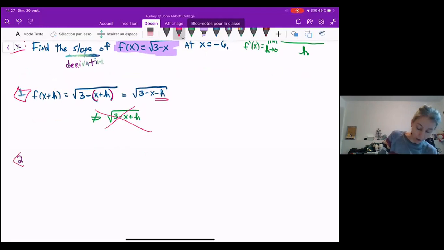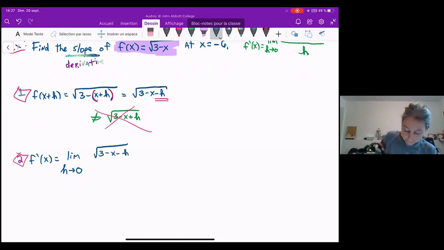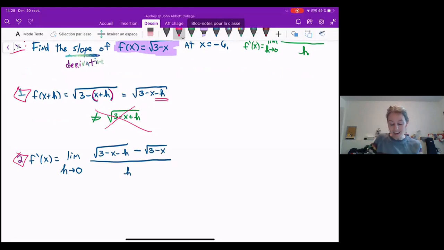Our second step here is to plug in to that limit definition. So the limit as h approaches 0, f of x plus h we just found here, 3 minus x minus h, minus f of x, that's given in the beginning, root 3 minus x, all over h. Now we could plug in h equals 0 to see that this gives us 0 over 0, but because we're doing the limit definition, we know that it should. So our goal is going to be to cancel out a factor of h. In this case, we have square roots, so it makes sense that the technique that we're going to need to use is rationalization. So I'm going to multiply